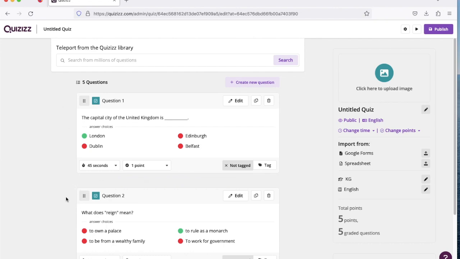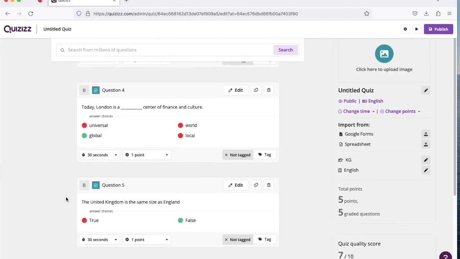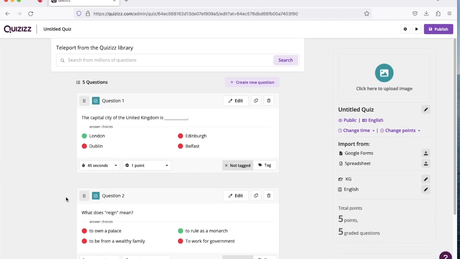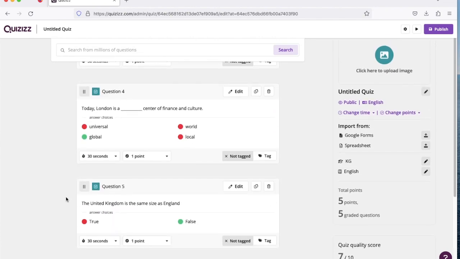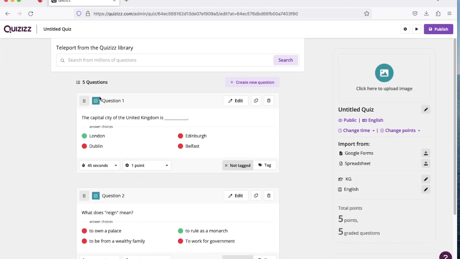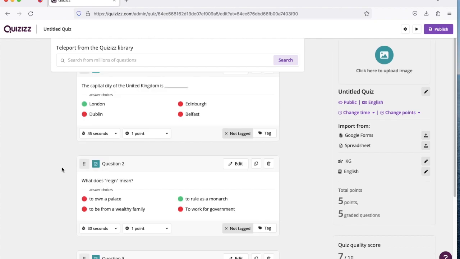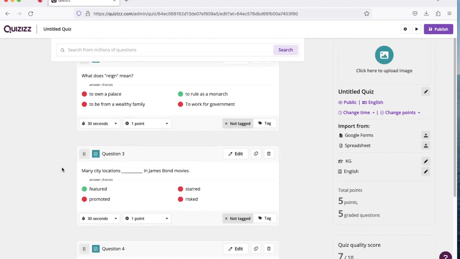Okay, the question automatically reappears. What else can I do with this quiz? What else can I do with the questions? What I can also do is, of course, going into importing other questions, whether this is from my library or maybe libraries of other users. And maybe I do want to edit some of these questions, but maybe I like some specific question and I want to have a new one based on this one. I just copy it and then